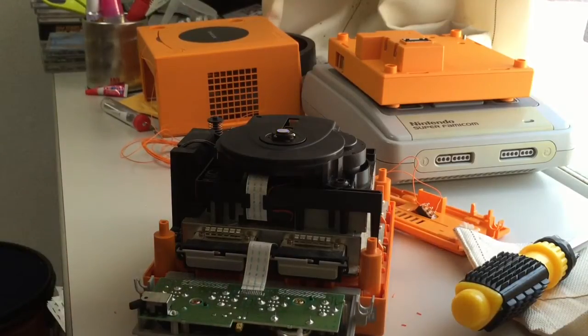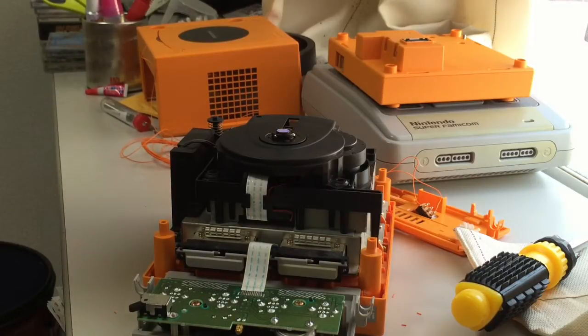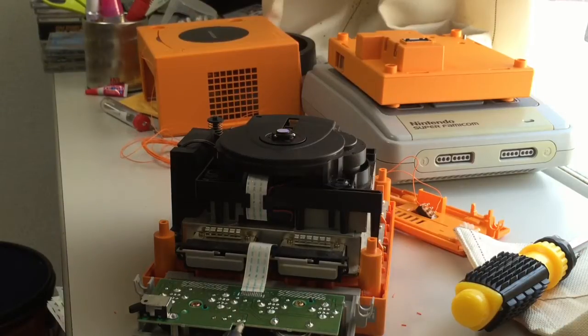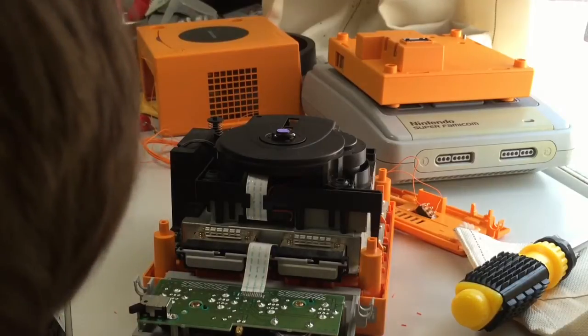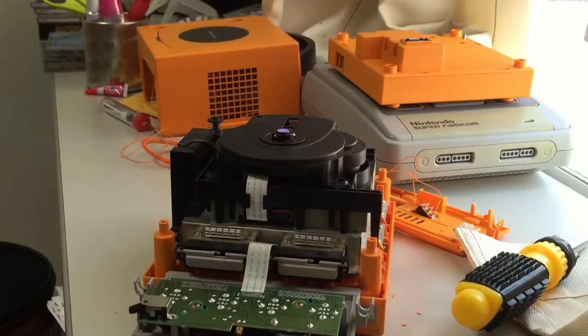Right. Soldering iron's not quite hot enough. As you saw in the previous video, I just did my black one. I wanted to do a test run, so I didn't quite follow the guide that I was watching, but it kind of made sense in my head what to do. It wasn't illogical. I don't know why the guy brought the positive cathode through the positive hole when you could just wrap them over the top. Yeah, it made no sense to me. Anyway, regardless,